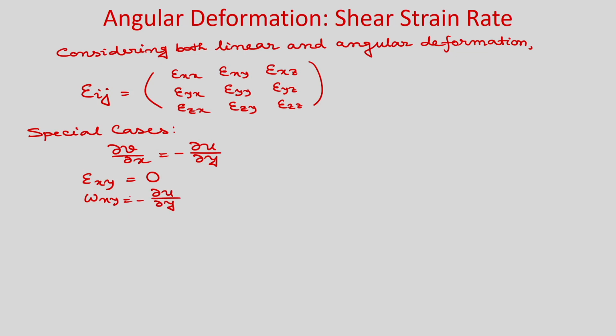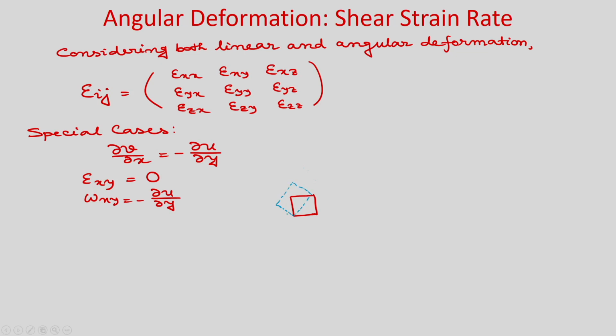So, what is happening here? If epsilon xy is equal to 0, there will be no deformation. So, it will rotate like a solid body, right. If you have an initial fluid element like this, then after time delta t, obviously it will rotate like a solid body